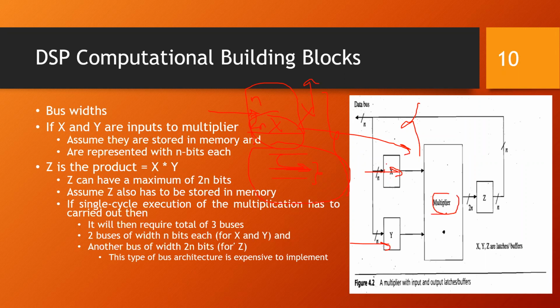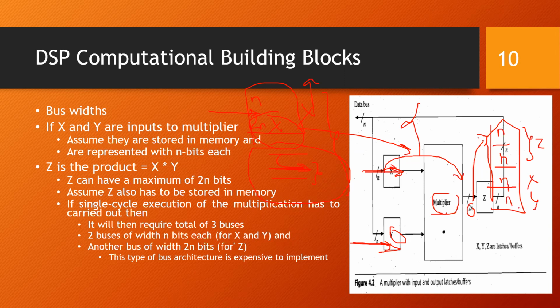So this bus, when it is free, once it has fetched the operand x, it is free. Once the n bits of y are made available, bit by bit I'll be getting the result. So I take those n bits: the first n bits I store in the first location and the next n bits I store in the next location. So a total of two accesses to the memory has to be provided, whereas x and y are just n bits each.